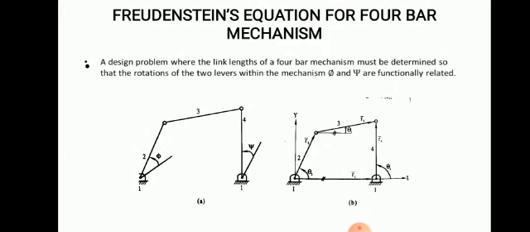In the previous chapters, we have studied the displacement, velocity, and acceleration characteristics of the various mechanisms, which is called kinematic analysis. But synthesis is the opposite of analysis. Kinematic analysis is studying the displacement, velocity, and acceleration characteristics of various mechanisms. Synthesis of a mechanism is the design or creation of the mechanism to produce a required output motion.